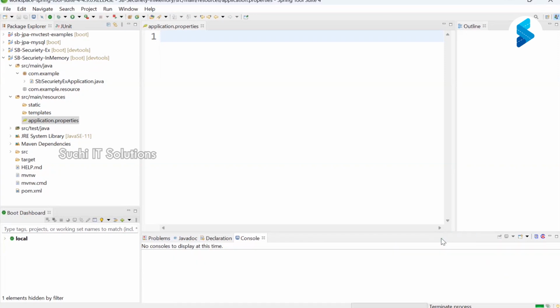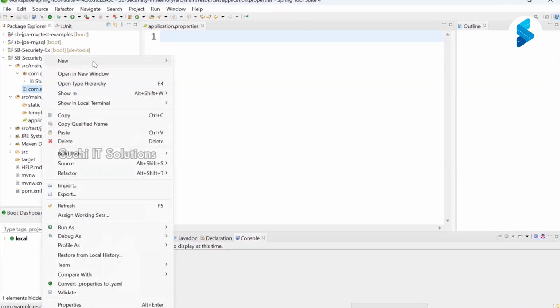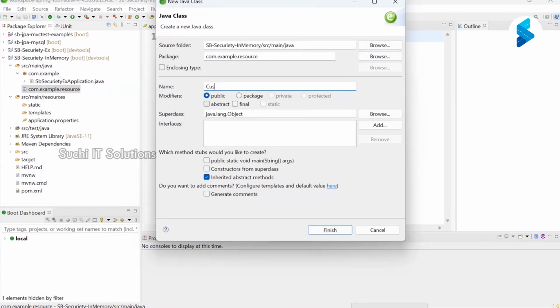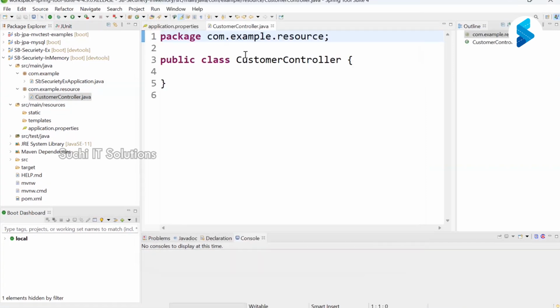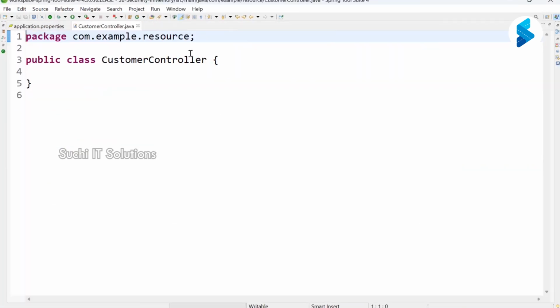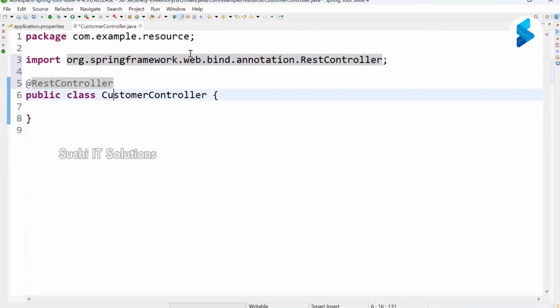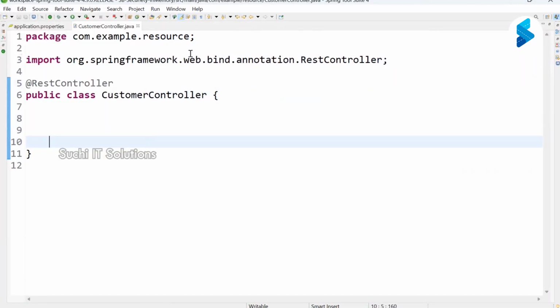Yes, sir. Now, in my application development, we are designing the customer controller. Correct.